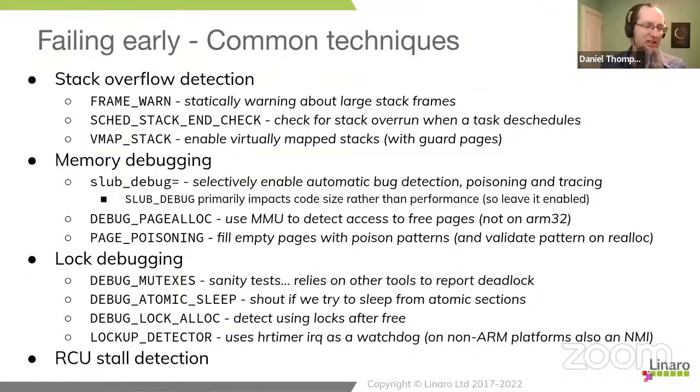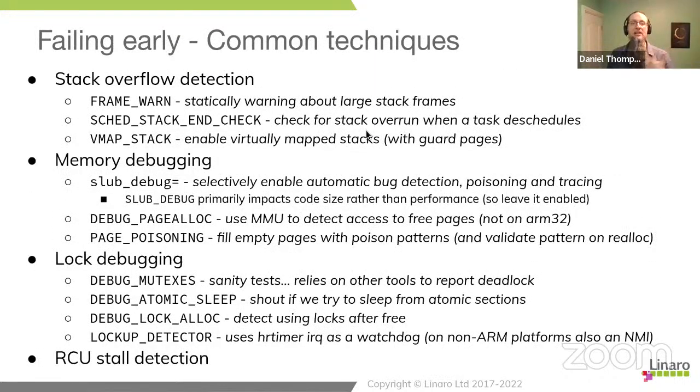Once we've done some basic static checks to look for obvious problems, we can now look for problems at runtime. So the other two mechanisms here are designed to find problems at runtime. The first one, sched stack end check, basically attaches itself to the code that happens when a task is taken off the CPU. So when a task is stopped from running because it's either gone to sleep or because something's preempted it, we can check to see if the stack has ever overrun its value.